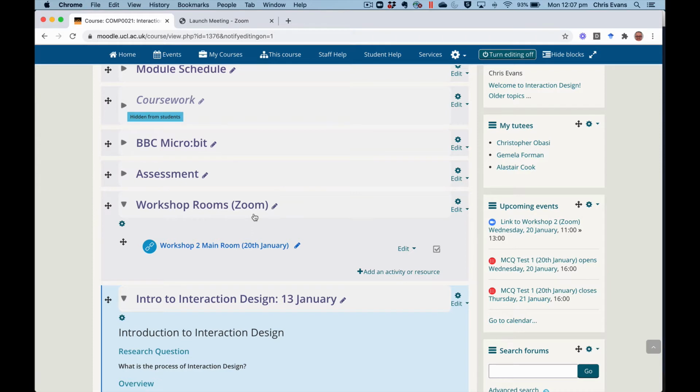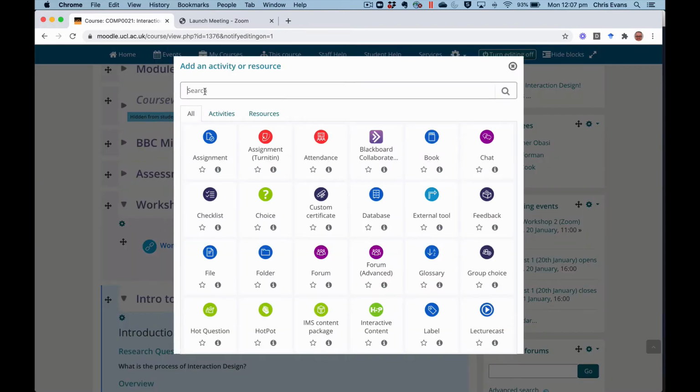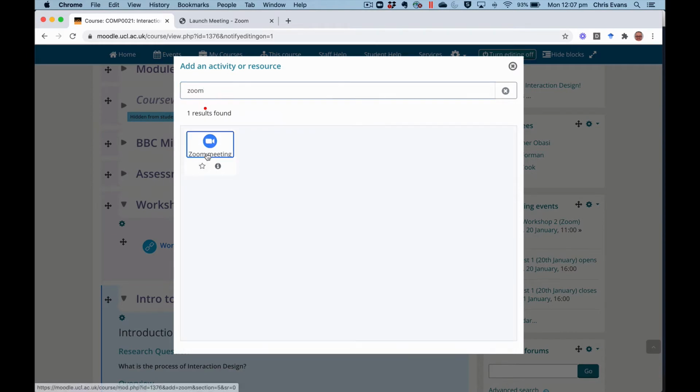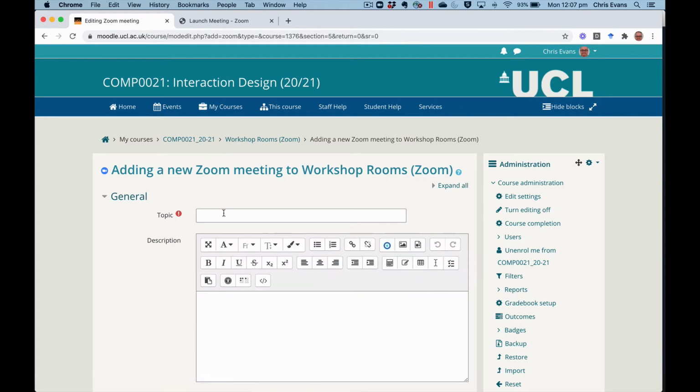You're going to use the same meeting room every week, so you're going to use a recurring Zoom link. So the next thing you have to do is click Add an Activity or Resource. And the fastest way to find it is to type Zoom into the search box, select Zoom Meeting, and after a little bit of delay it'll give you a form to fill in where we're going to call it Link to Group Workshop Group A. So this is one of the 4,